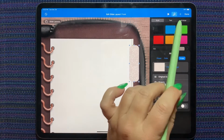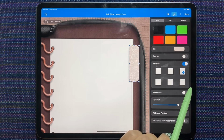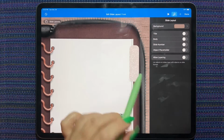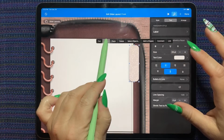Very nice. The next thing we're going to do, we're going to go back to style, and choose a shadow, and I'll go with that shadow. I'm not really sure what difference all the shadows make. We can put one on these rings too, but they already have one. Okay, so now I'm going to copy this,